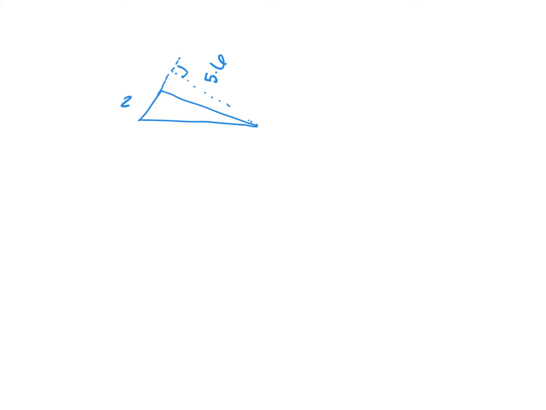So on number 1, I have that this side here is 2, and then this dotted line is 5.6. It's a triangle, so we have area equals 1/2 base times height. Now the area of this triangle is the area of the triangle no matter what base you use and what height you use, but here they're